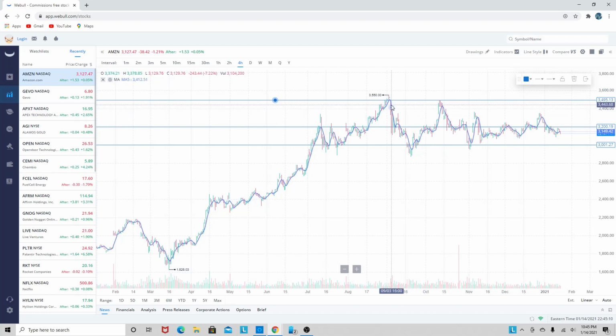So it came up, hit this all-time high, bounced back down, hit our new support, which is 32, bounced up a little bit, and then it dove back down to our old support, which is 3,000. And as you can see, came back up. Now it got stuck in here, hit the resistance, came back down a little bit, and then came back through that resistance all the way up,